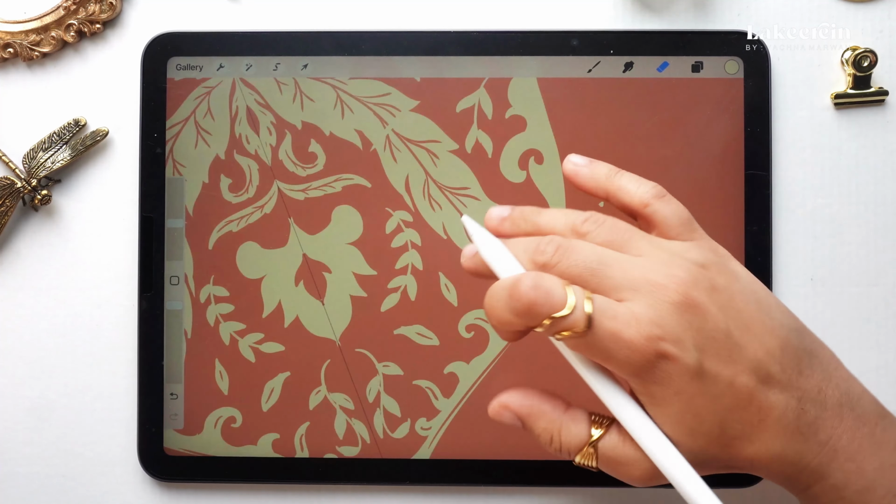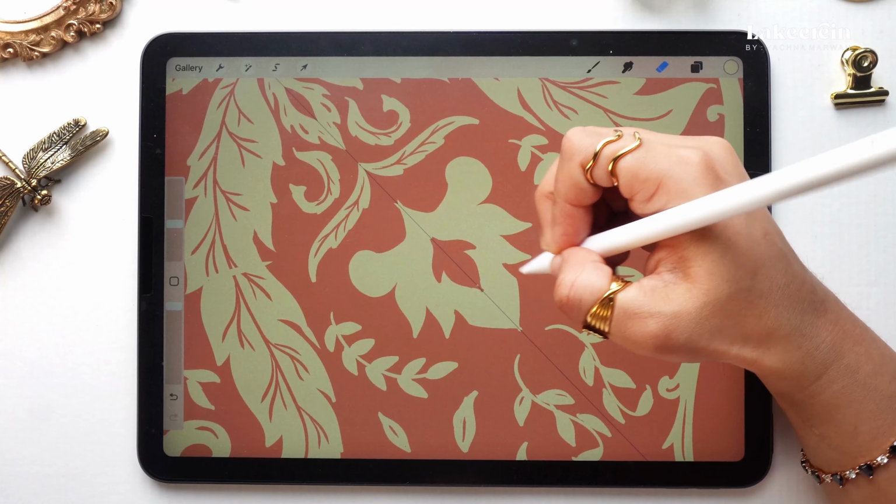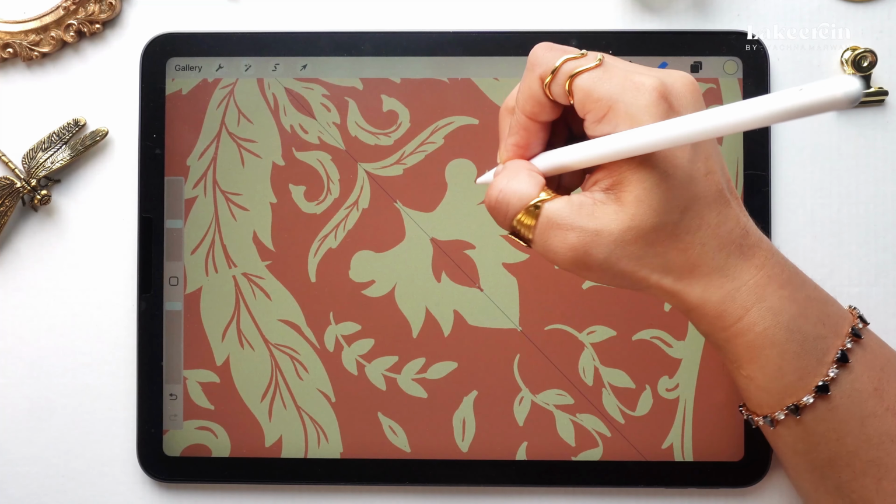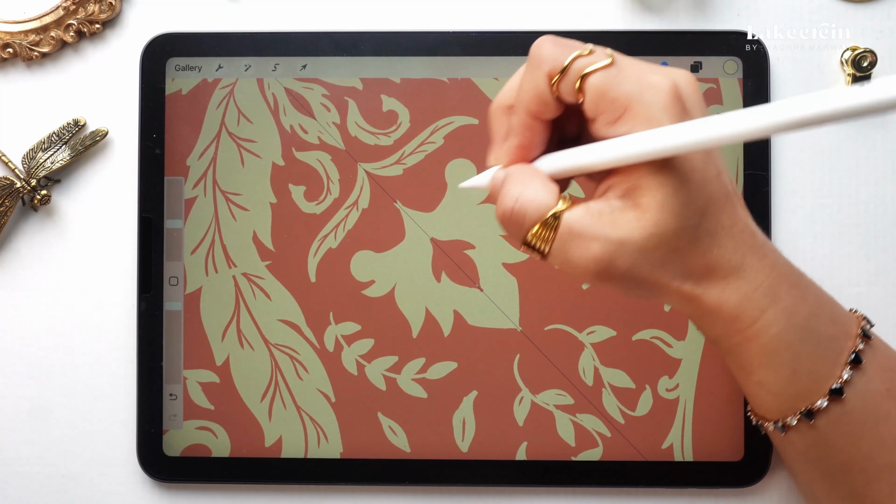So after we add something like this here, and it looks nice to me, what we will try to do now is switch back to layer 2 because I would like to make some changes to this shape because it looks too bold. So I will first go to the eraser and erase the shape, make it look more stylized. And go to the eraser again and try to make some strokes and just make it look more interesting. So similarly here, so that it looks cohesive. So this is how it is done.